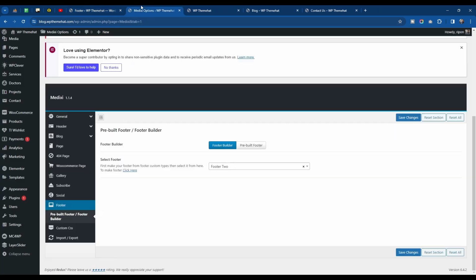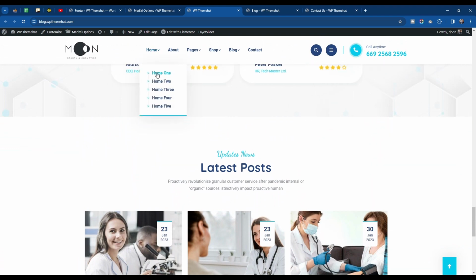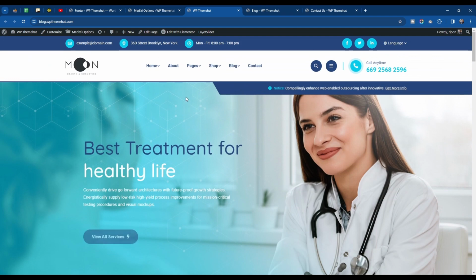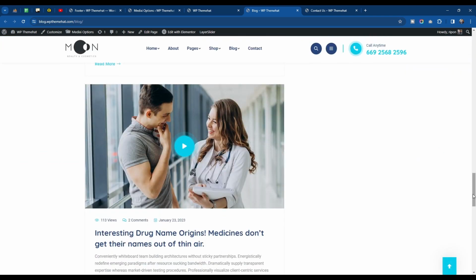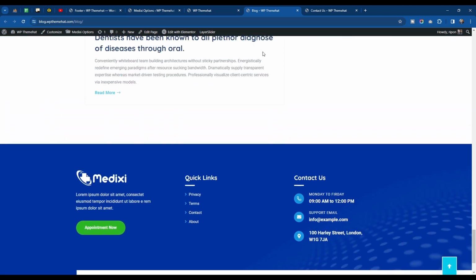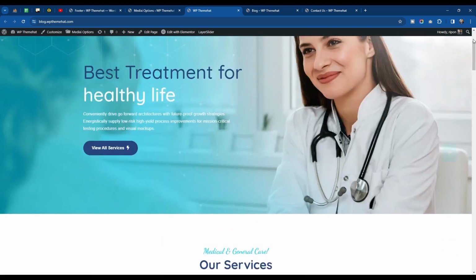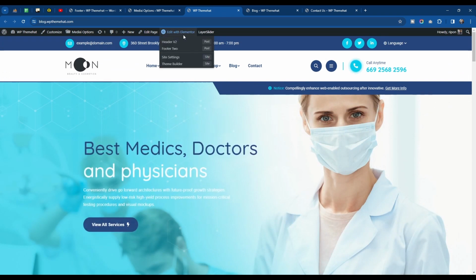Now it's time to change it separately. Suppose you are wanting that on home 1 you are wanting a different header and different footer. Okay. So this blog page is having this header and this footer, but you want that in your home page 1, you don't want this header, or you don't want this footer, you want to change it completely. So what you need to do is click on here edit with Elementor,